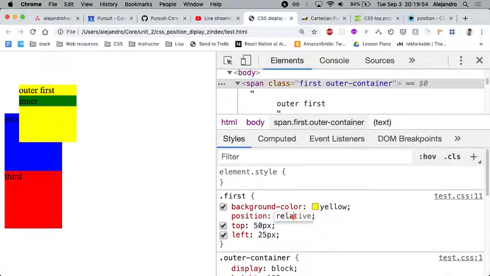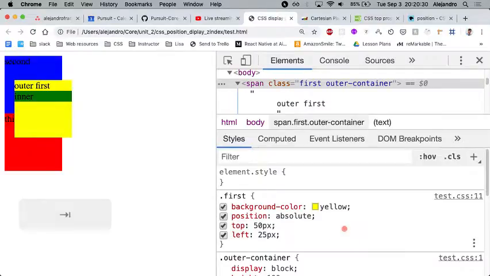So once we have relative, the element is moved relative to where the element would be, which is right here at the top. It's put 50 pixels down and 25 pixels from the left, and we get this. We can see that the space where the element would be is still there. Right, so let's do absolute again. The element was completely removed, and now is 50 pixels from the top and 25 pixels from the left,